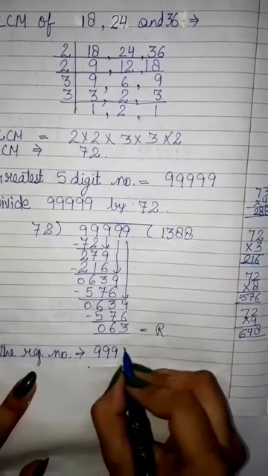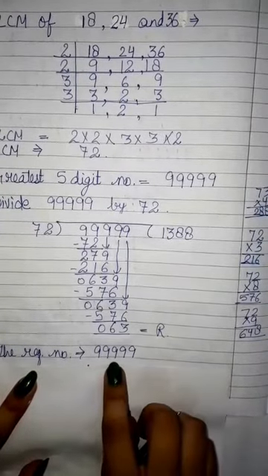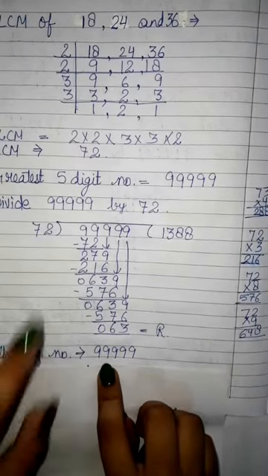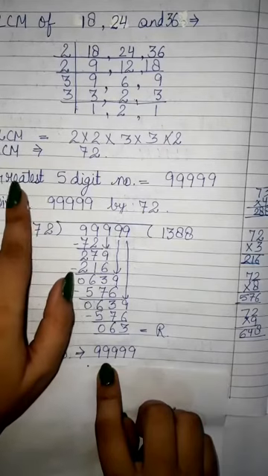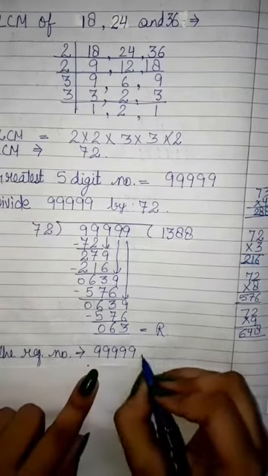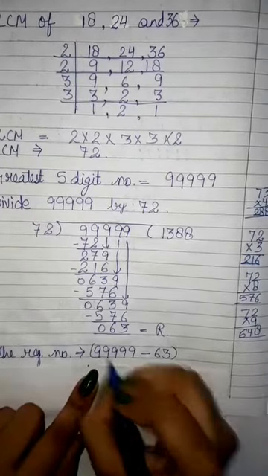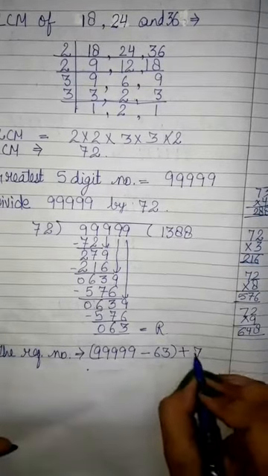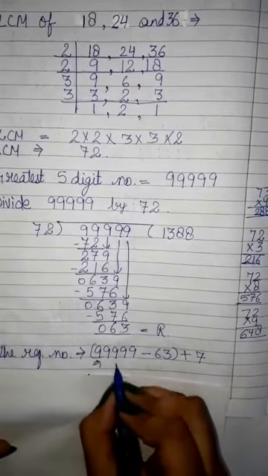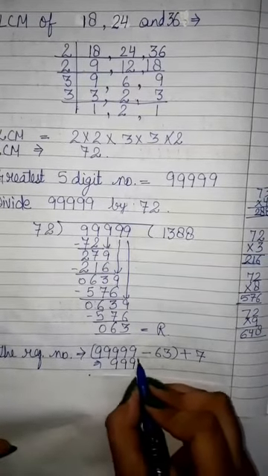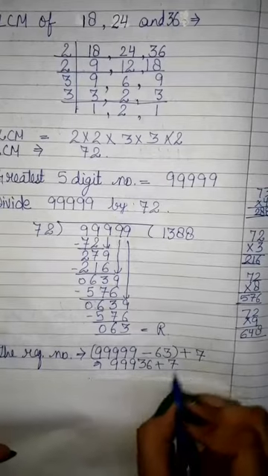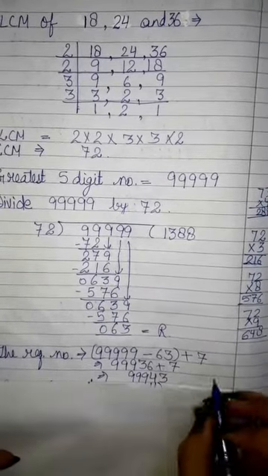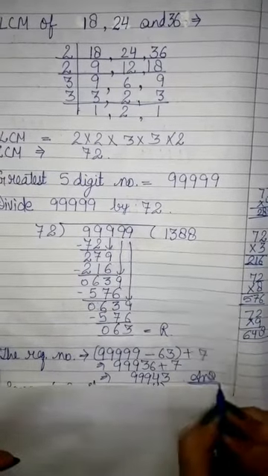As we had done earlier from the asked digit. That means in that question it was our greatest 6 digit. In this question we have to find with the greatest 5-digit number and minus this remainder. Now children, in the question the 7 remainder is given, that we will add it here. So when you subtract, you will get 99936 plus 7. So you will get 99943. This is your answer.